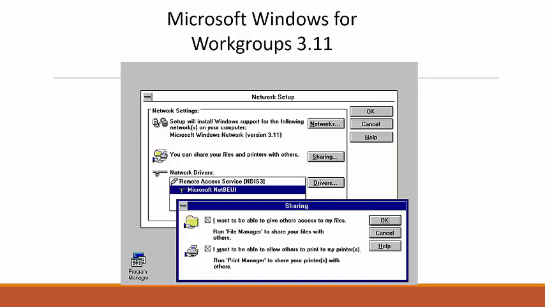Apple did it in the early 90s. They had a protocol called AppleTalk, and you could have a bunch of machines in the same building talking to each other. Well, Microsoft quickly developed a version of Windows that did that, and it was called Windows for Workgroups. It's actually 3.11, and it was really Windows 3.1 with some networking protocols built into it. Now, it wasn't networking as we know it, right? Like TCP/IP. It used a protocol called NetBEUI, which is really a layer 2 protocol, which you'll learn about when you go through the 105 course, the Network Fundamentals course. And it was extremely limited, but it did allow for PCs to talk to each other, at least locally.